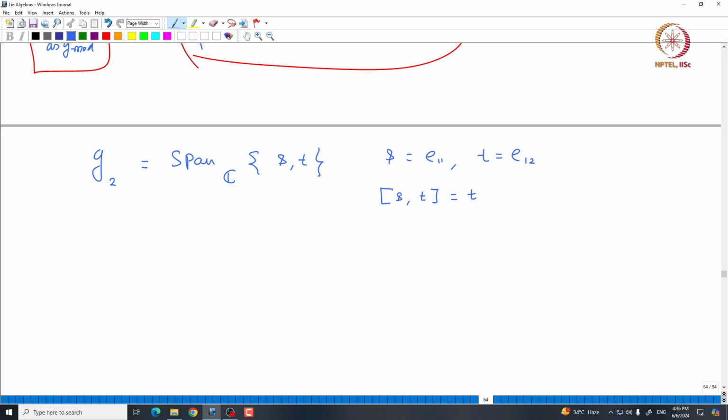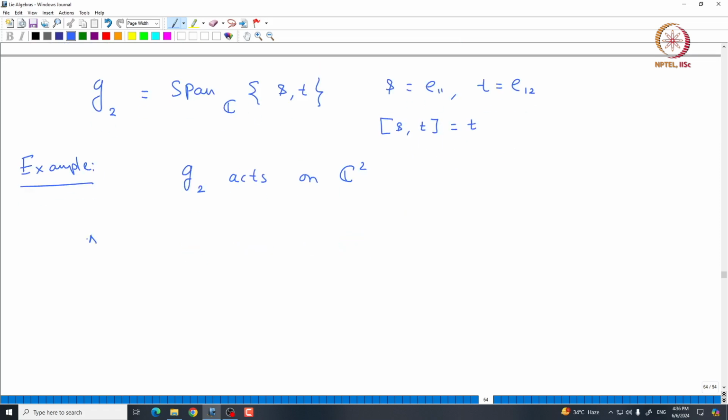So, this is a 2 dimensional non-abelian Lie algebra, and any 2 dimensional non-abelian algebra will be isomorphic to this g2. Okay. So, here is the first example of a representation of g2. For example, g2 acts on C2 in 2 different ways. Okay. g2 acts on C2